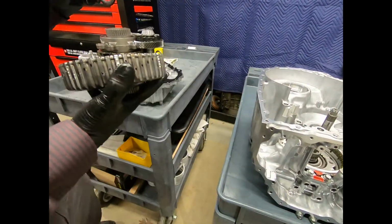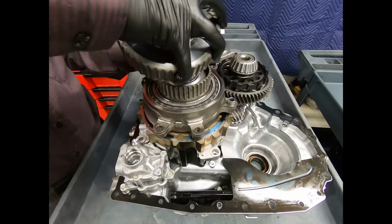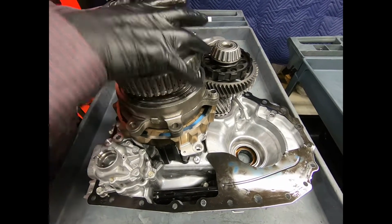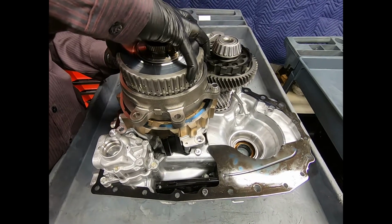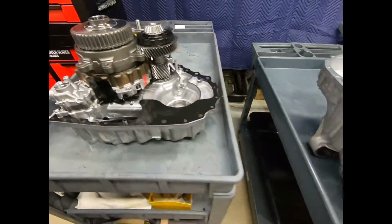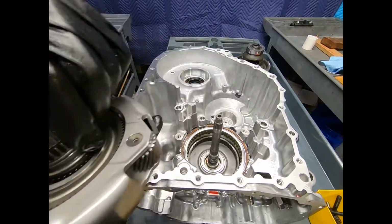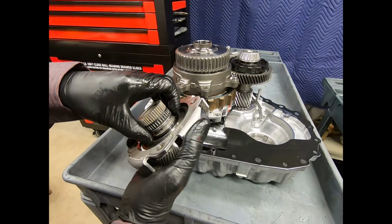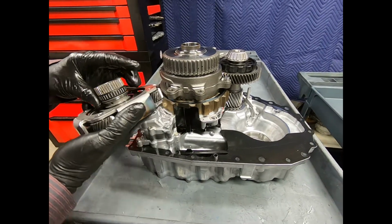Here we see one of our thrust washers. One of our spinning clutches. And here it's coming apart quite nicely. Now, one thing we want to be very sensitive to at this point